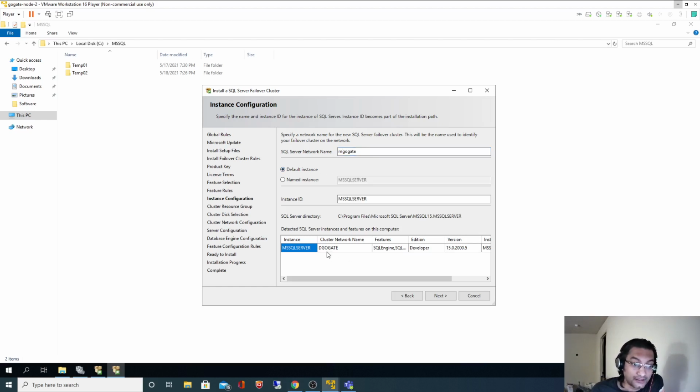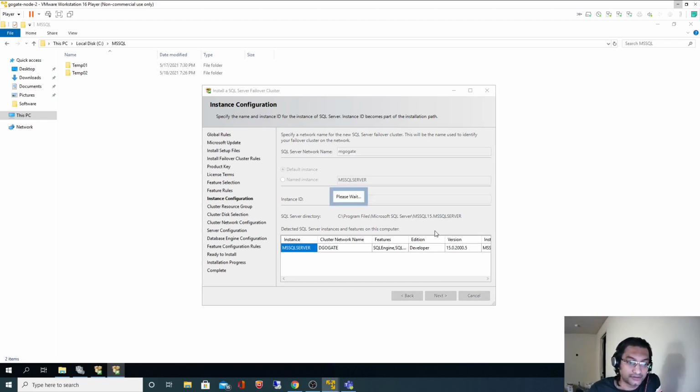Now, if I click on default instance, by default the instance ID will be MSSQLSERVER. This instance ID is already used by dgokte, and since it is a failover environment, it has to be unique. You cannot have the same instance ID for both. What I meant to say is, if I keep it like this and click next, let's see what happens.